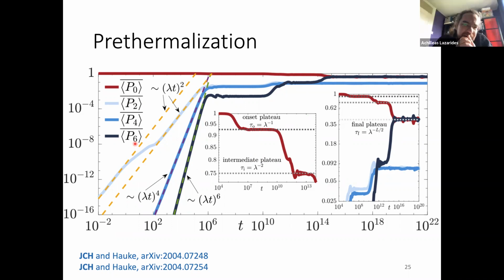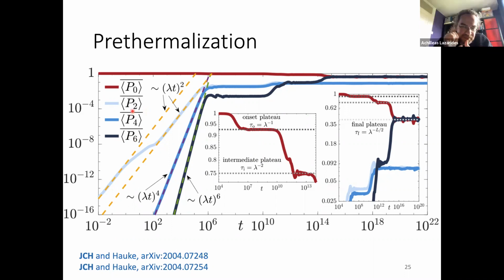That's why I can have P6. I can have 6 violations at most because the number of matter sites is the number of local constraints that you have. Since I have 6 matter sites, I can only have 6 violations at most. And of course, at least I can have 0.